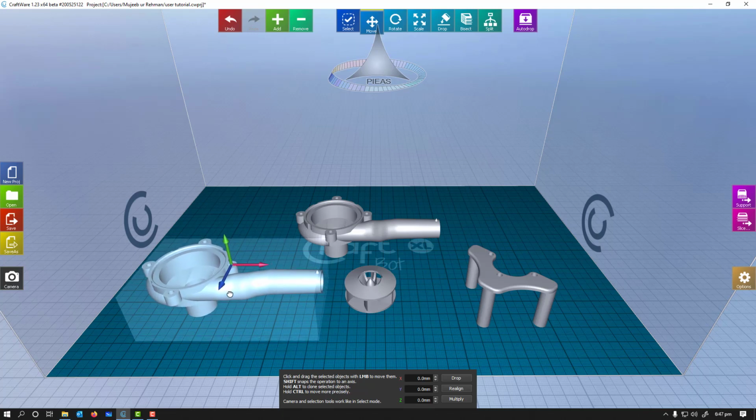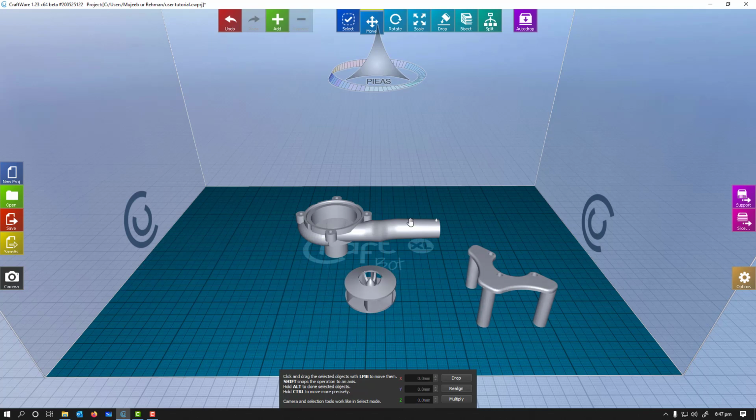So now I'm going to remove this one. You can add multiple. Now the second thing is select. You can select it. Move. Now remember, move: if you select an object and go to the command move, you can just move it around. So remember, whichever axis you select, you can move along that axis.